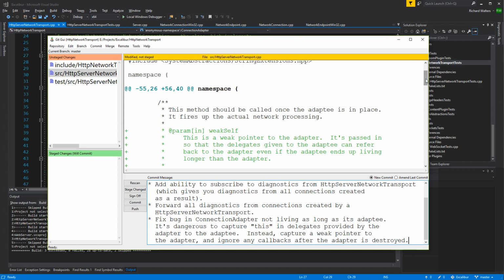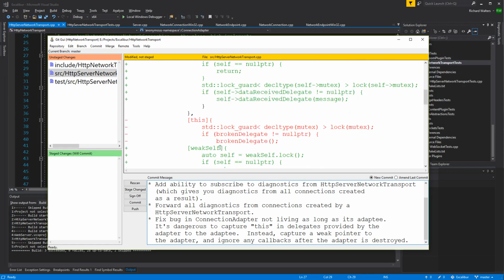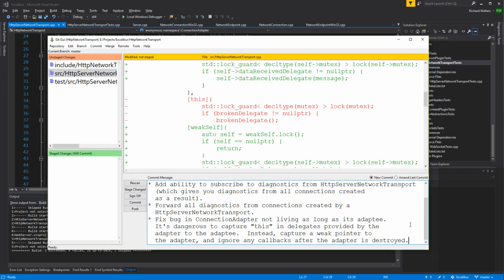The adaptee essentially becomes useless because it just returns right away on all of its callbacks. So if you abandon the connection object without closing it first, it'll just kind of sit there and get ignored.